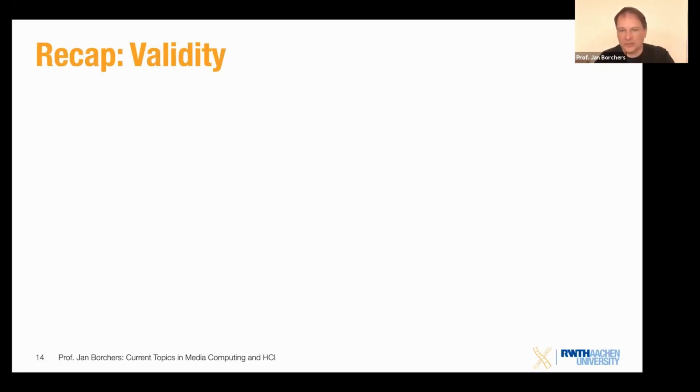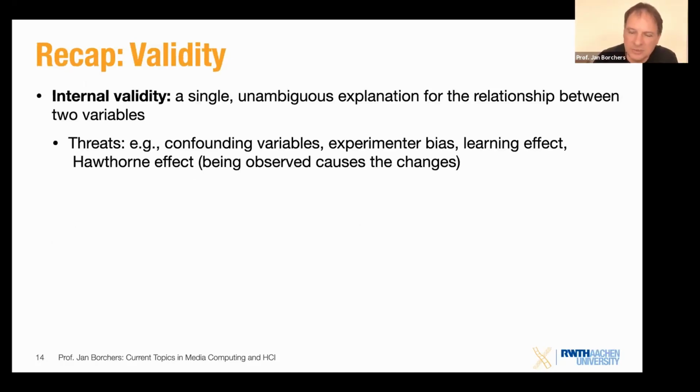You have internal validity, which basically means that in a study or evaluation that you run in your paper or in your research that you publish, you try to have a single unambiguous explanation for the relation between two variables, right? So what I mean by this is